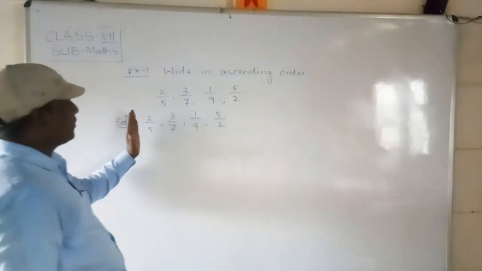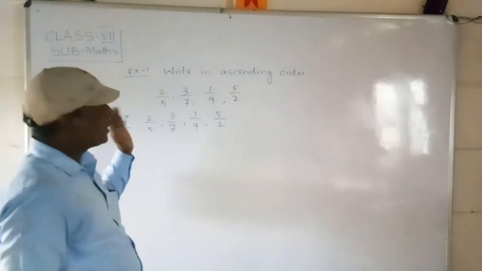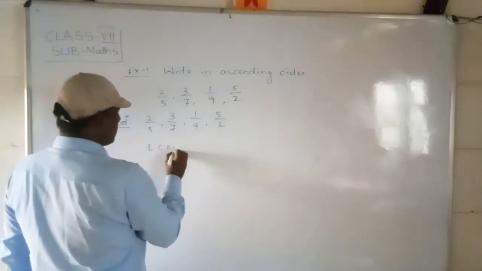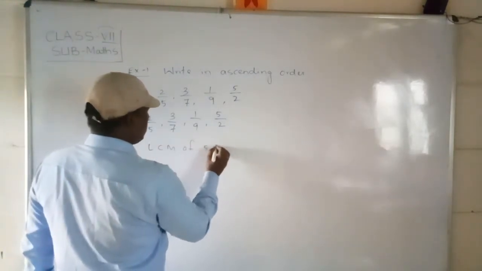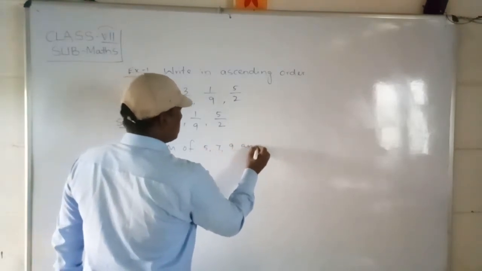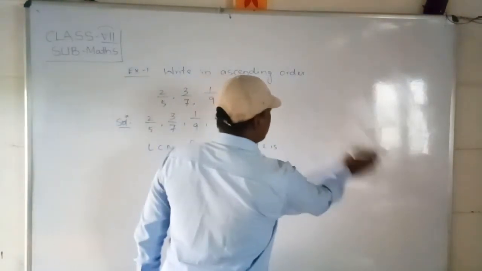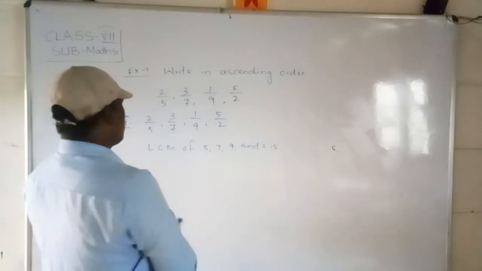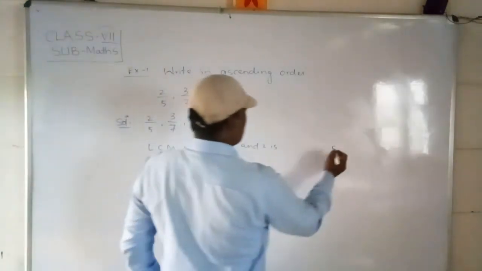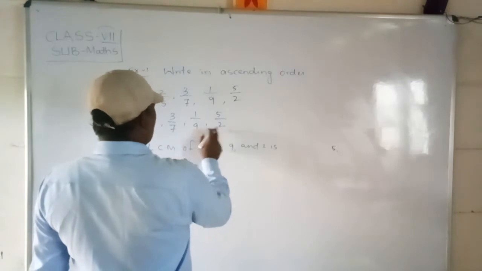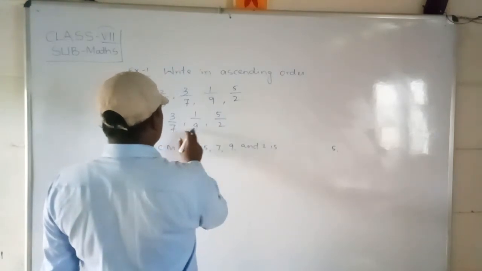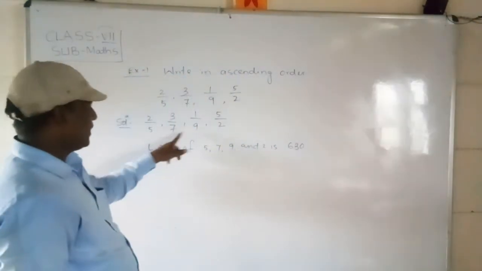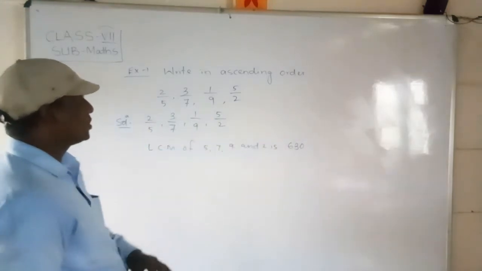Whenever we are comparing, at that time we take the LCM. Here 4 are given, so make all the denominators the same. So take the LCM of 5, 7, 9 and 2. All of these are prime or composite numbers, so we have to multiply them. 7 9s are 63, and 5 2s are 10, so 630 will come.